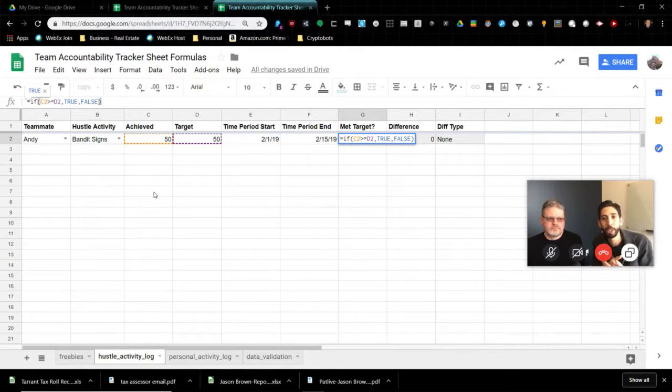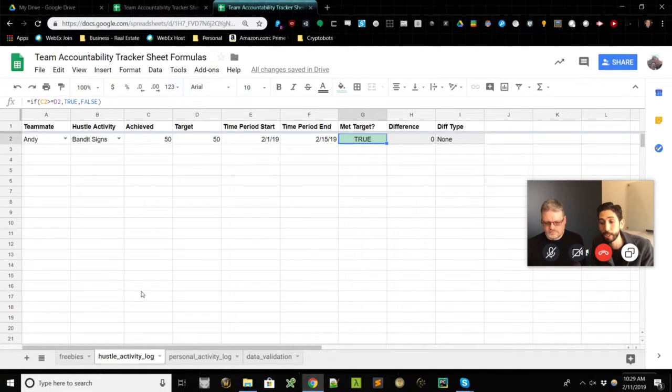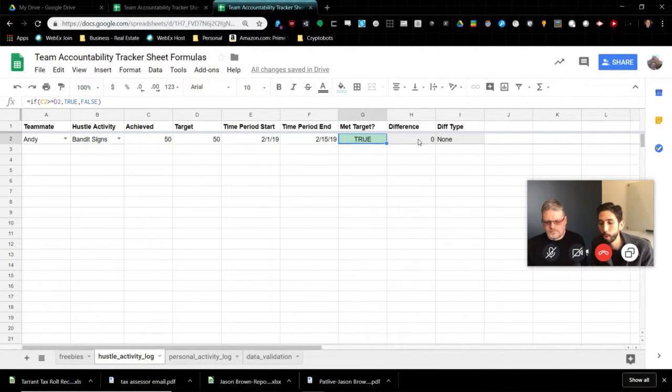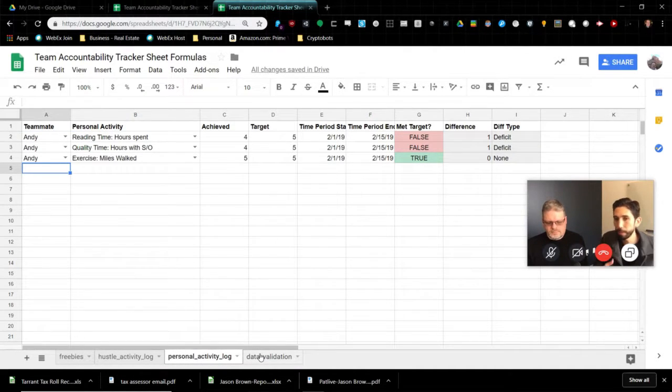It's for you to put the muscle part of your business into this Excel so you can keep tracking and understanding as well. And I noticed you also included a personal activity realm. So we've been focusing on the business side from a wholesaling perspective: phone calls, bandit signs, goals, tracking, do we hit where we are? But you also